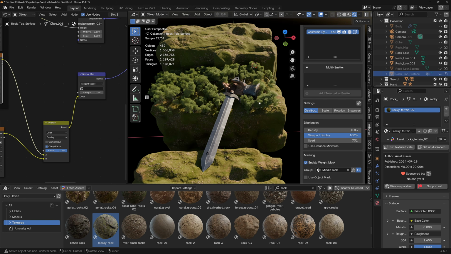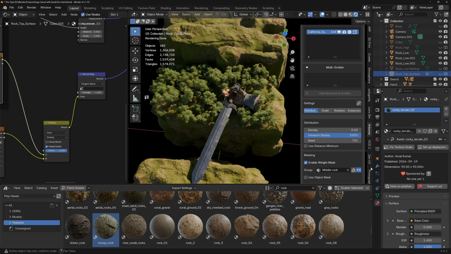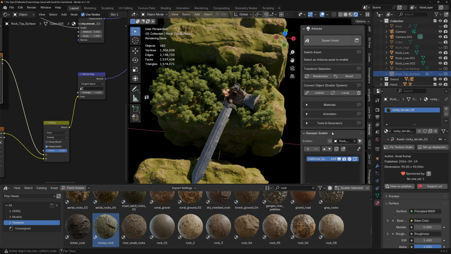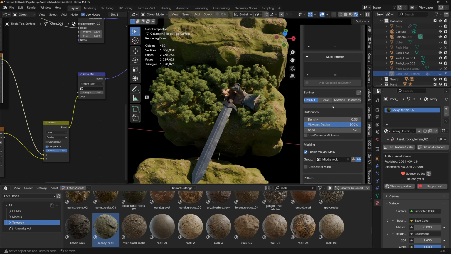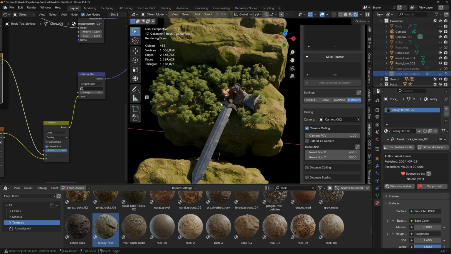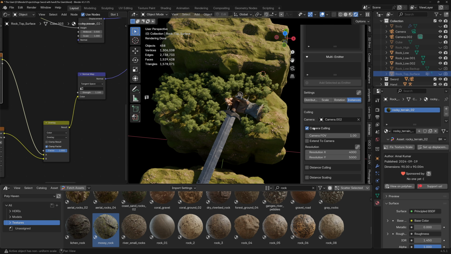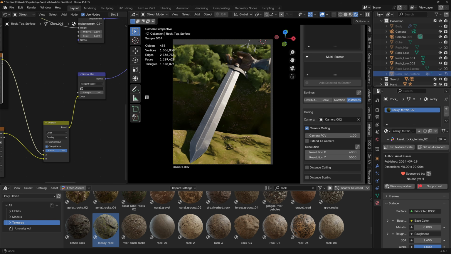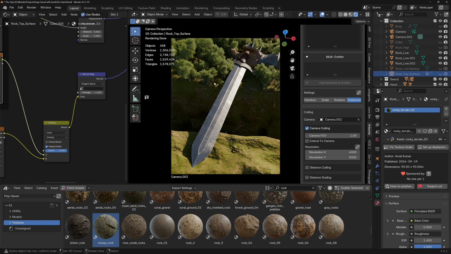Another thing that we can do here is to go and see which camera did we use for this. So we use camera number 2. Okay, go to Arborea and all the way down on instances, we can select that camera, enable camera culling, so everything that the camera sees will be visible here. So this part the camera cannot see, so this is hidden by that. So basically, I have some trees, I have some grass. I can change the